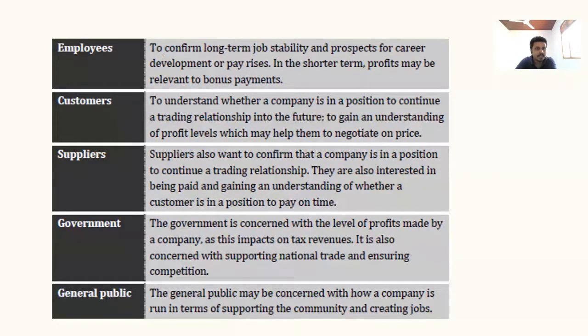You can get an understanding of these aspects by analyzing the financial statements, for employees. In terms of customers, what? In terms of customers, to understand whether a company is in a position to continue a trading relationship into the